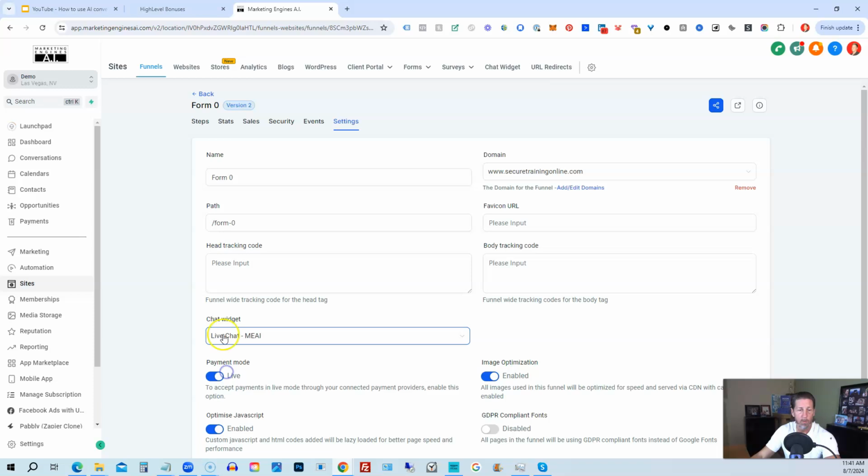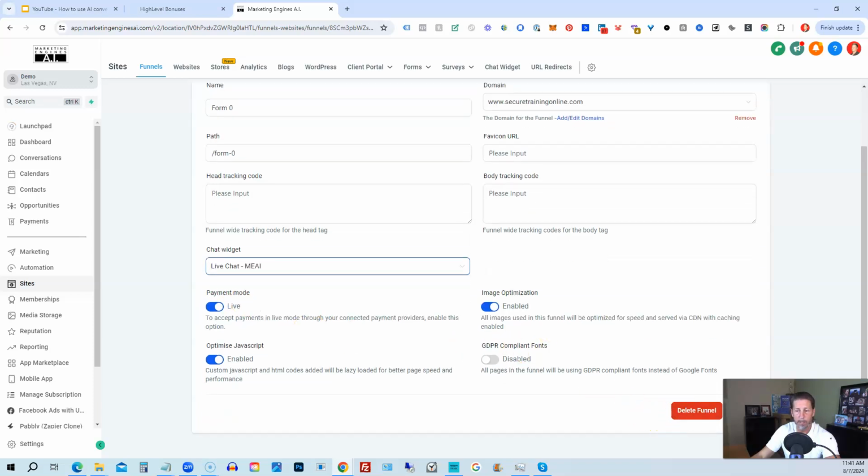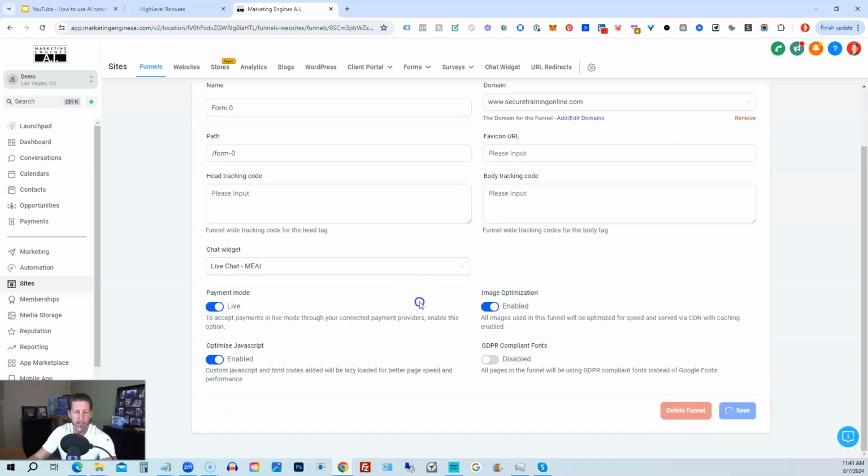And then we just select the one we want, and then we click save, and it's pretty much as easy